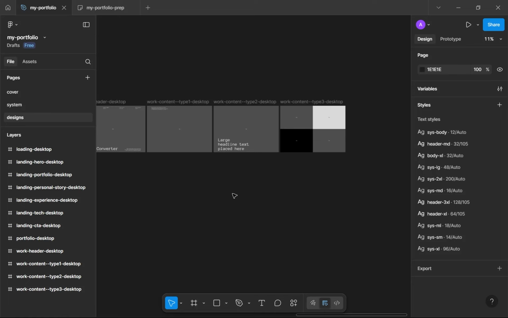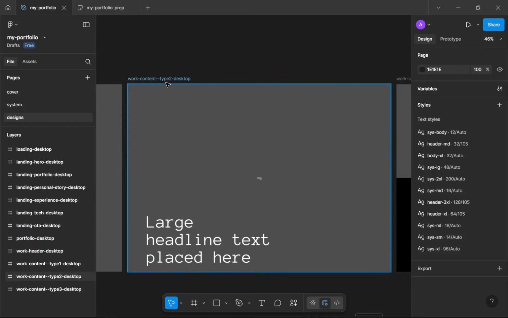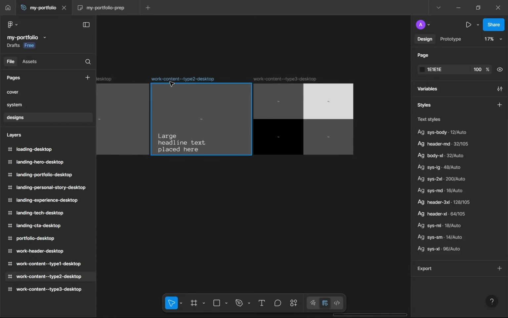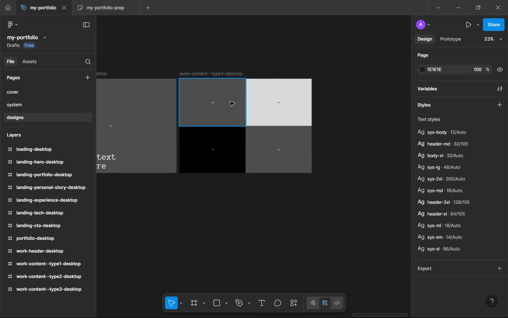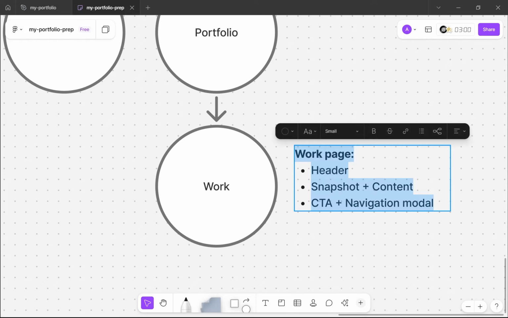Last time we finished the work content section. These sections are where we show the snapshots of the work and the case study for the actual work that we have been doing in the portfolio. So after this, we want to move on today into doing the final footer, which includes a CTA with a